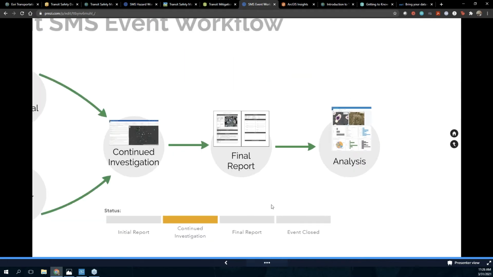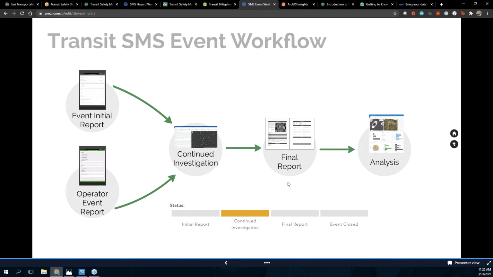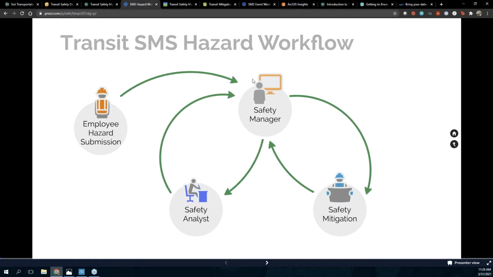Great, thanks, Justin. So yeah, the next step, after you've done this type of work, is, the report's great, but we wanted to actually do some analysis too. And that's really, I think, one of the major benefits of leveraging ArcGIS, that we have these very powerful analytical tools that we can leverage. So, as these events are happening, we can analyze that. And very similar to the hazard workflow, as we're collecting all of this information, we could pass this to a safety analyst who can then kick that back over to a safety manager